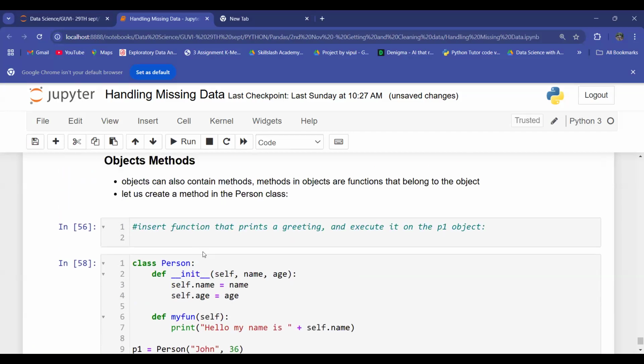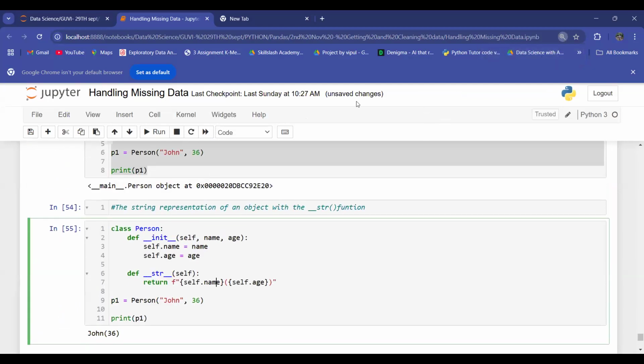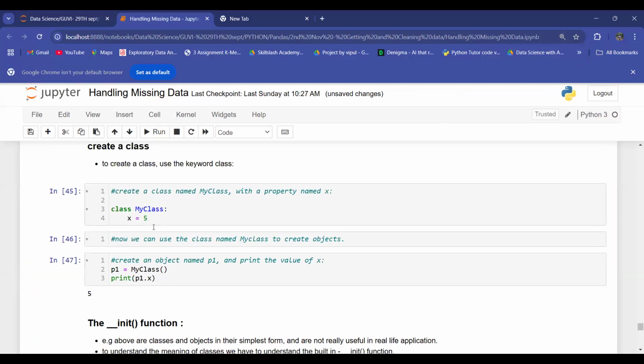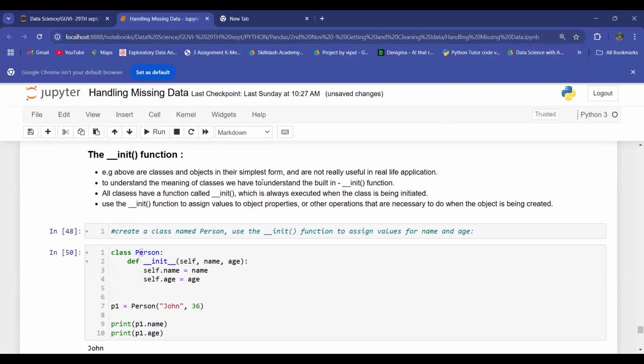Right, is it clear now, everyone? Do you guys have any questions in this? How do we create a class? How do we create an object? Yes,